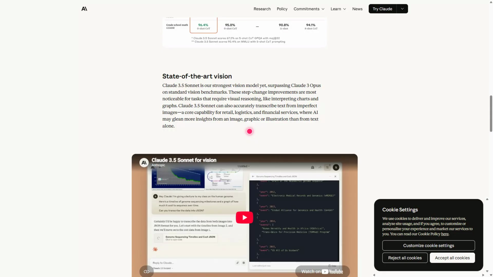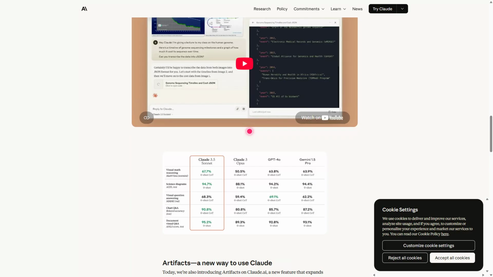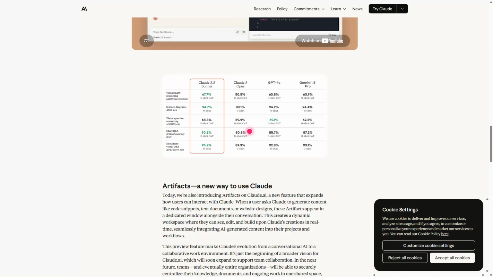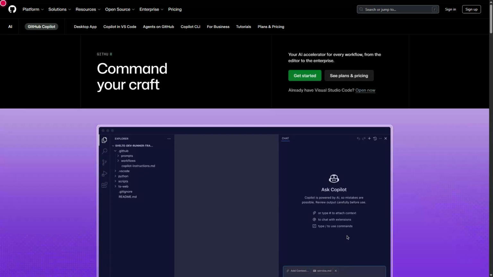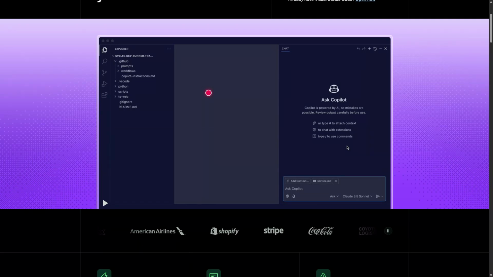Let's dive right in. First, let's talk about our tech stack. For the front-end and back-end, we are using Next.js because it gives us React on the client side and API routes on the server side in a single codebase. For styling, we will use Tailwind CSS to keep things modern and responsive without writing custom CSS. For our AI engine, we will integrate the OpenAI API, but you can easily swap this out for Anthropic or